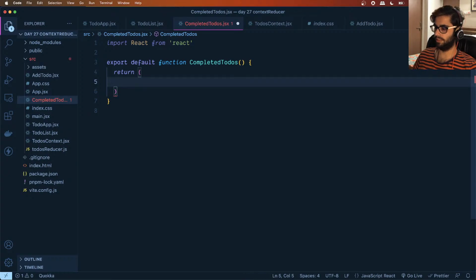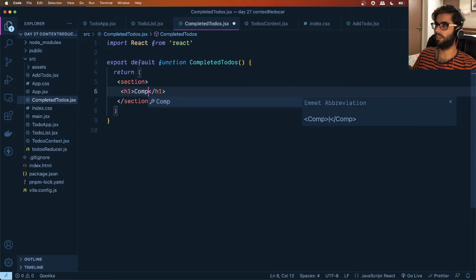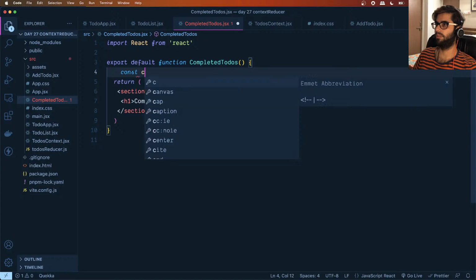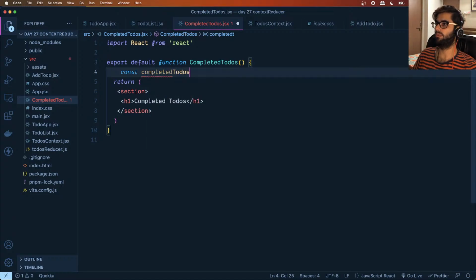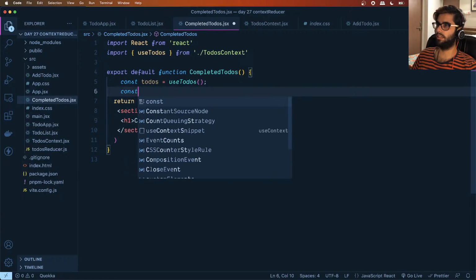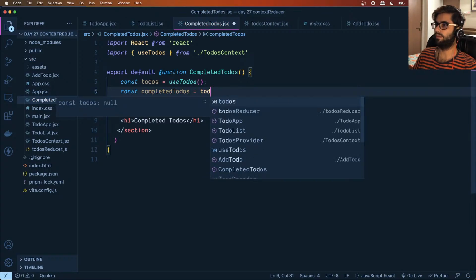And here what we will do is we will say, instead of this we'll just say section, h1, completed to-dos, and here we will say const completed to-dos equals, or rather here we will say to-dos equals useToDos, right? And const completedToDos equals, if to-dos are there,